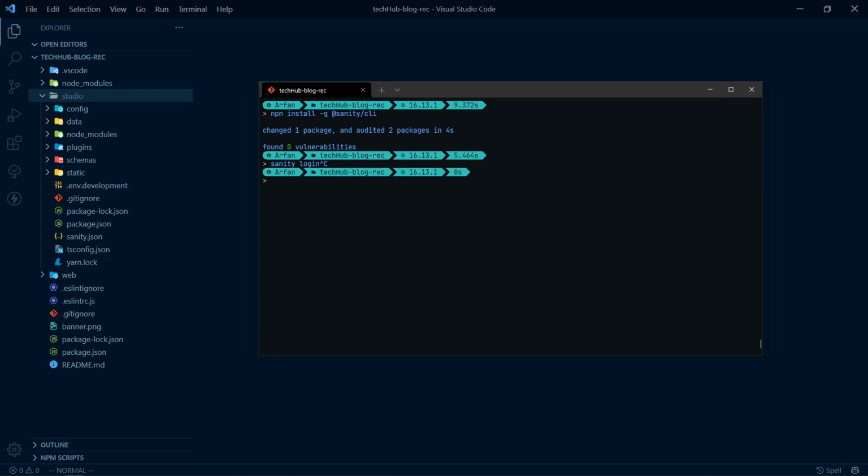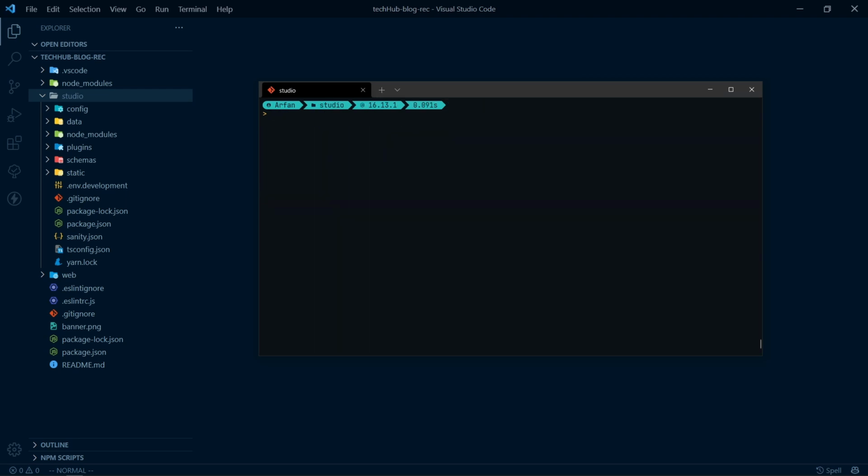Once you do that, you need to go to your Sanity Studio project. In this case, the project for our Sanity Studio is inside this studio folder. So let's go to our studio folder. Right now I'm in the studio folder, as you can see, and here we need to run